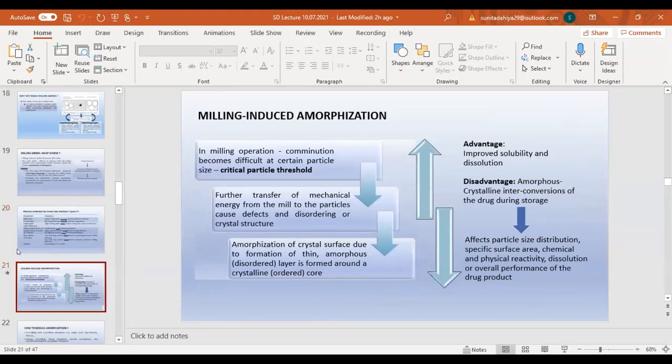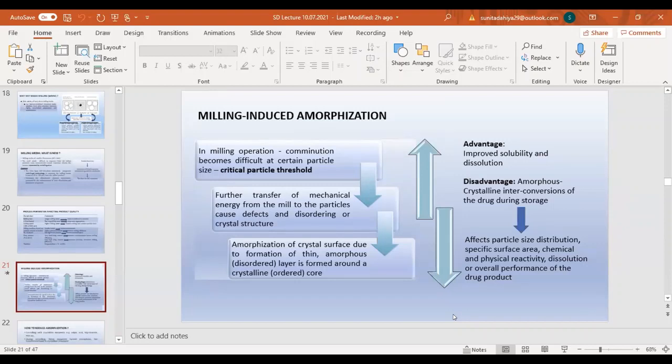Now, sometimes we think that even though we are using particle size reduction approaches, it will not be in the form of amorphous particles, right? But some particles you may get in amorphous forms, which usually we do not want during the milling operation. It is a problem known as milling induced amorphization. We think that amorphous form is always better because it will give better solubility, but think about the stability of the dosage form, because amorphous form is very unstable. It always tries to convert, right?